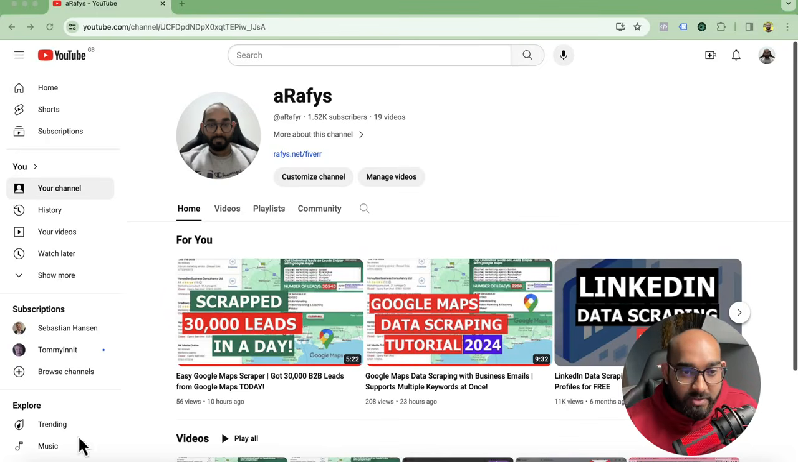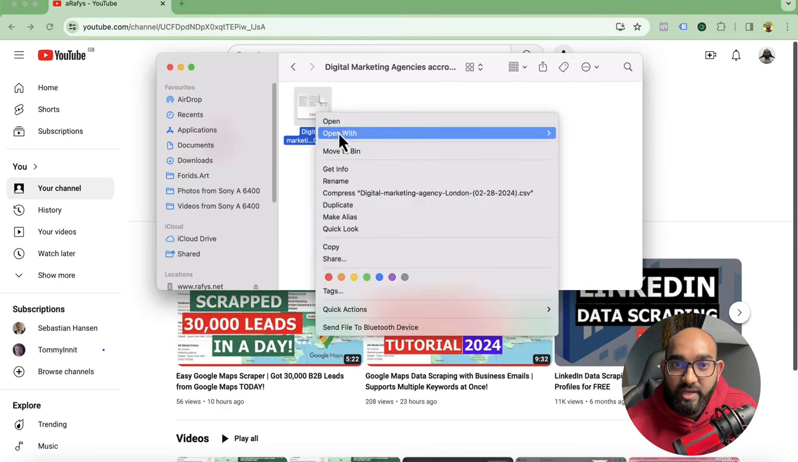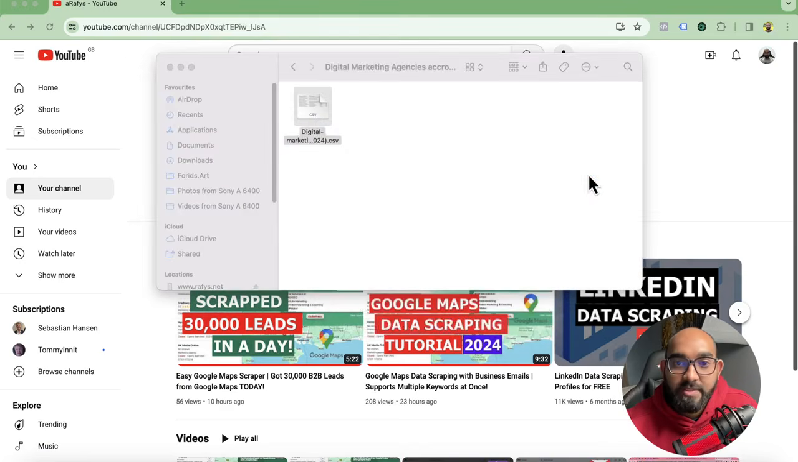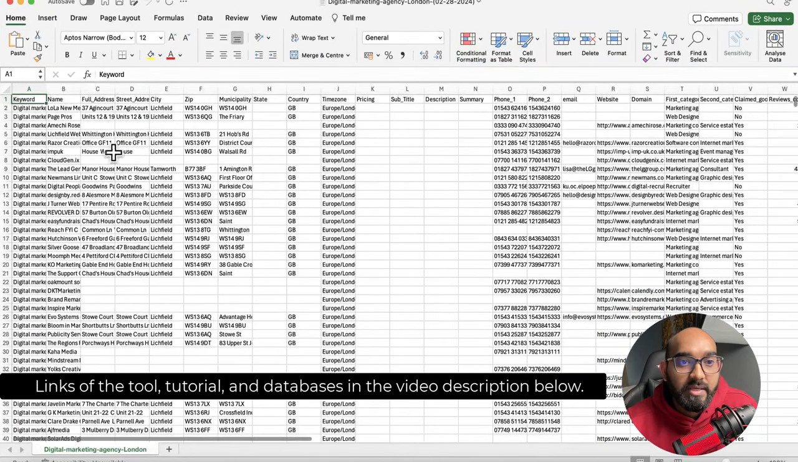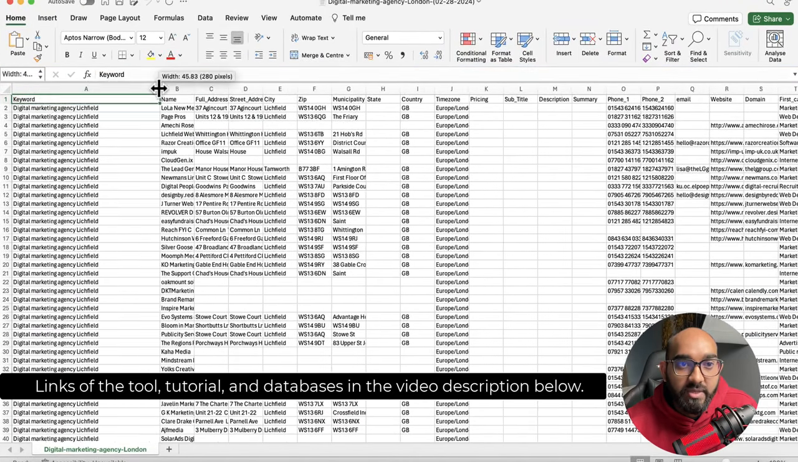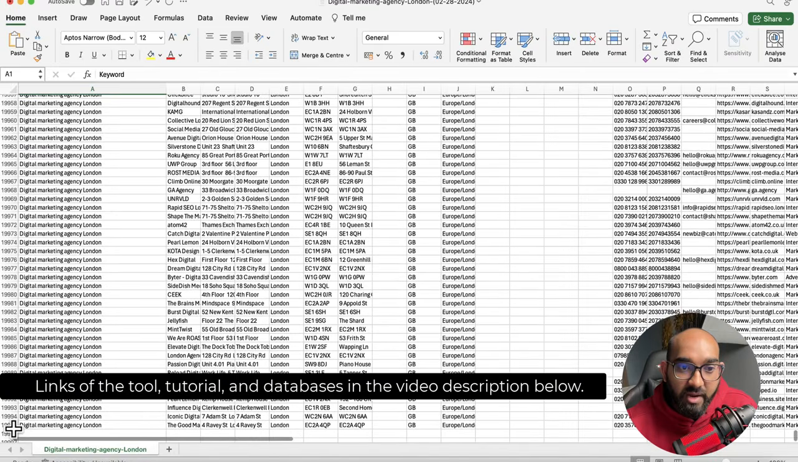I want to show you one of the files that I have just recently scraped. If I open this up, and if I simply close this out, you can see on this database alone, I have scraped the digital marketing agencies from all of the cities in the United Kingdom. And if I take you to the bottom of this document, you can see there are around 20,000, like 19,995